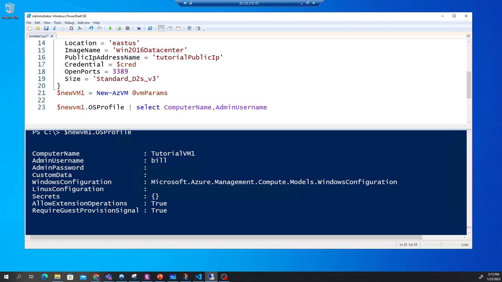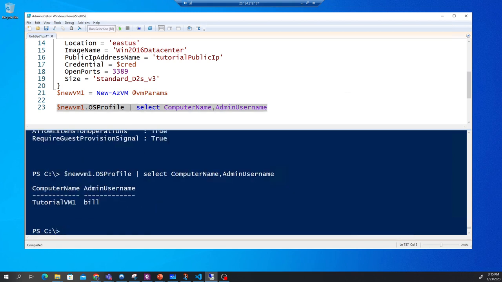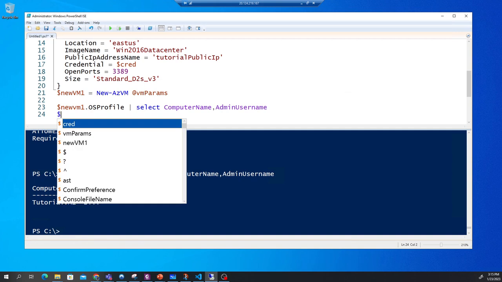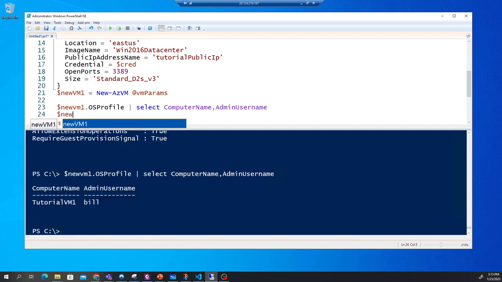Like this, I can now know the name of my VM, and now I can get the network configuration. So I can get the private IP address or the public IP address. If I want to retrieve the information about the network, I can do $newVM, and I can say get